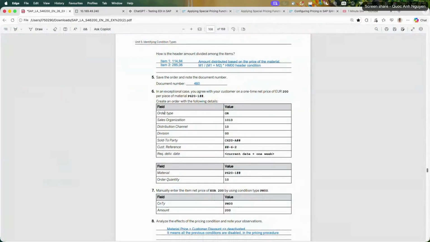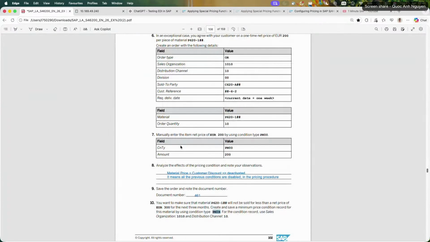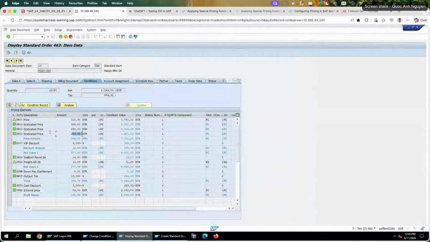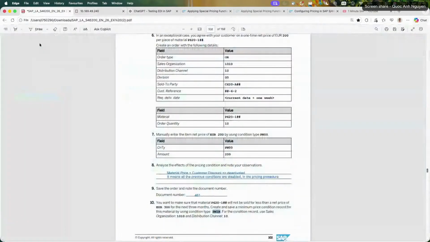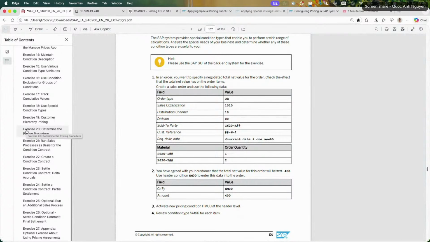and has the later step in the pricing procedure, it will then deactivate all the previous steps. For example, PN00 or PMIN, it will deactivate all the customer discount or the material net price, or at least compromise it with the PMIN. We just need to know that in SAP these condition types exist and how to use them. How to configure it, I think it was done in the back end where I cannot see it for